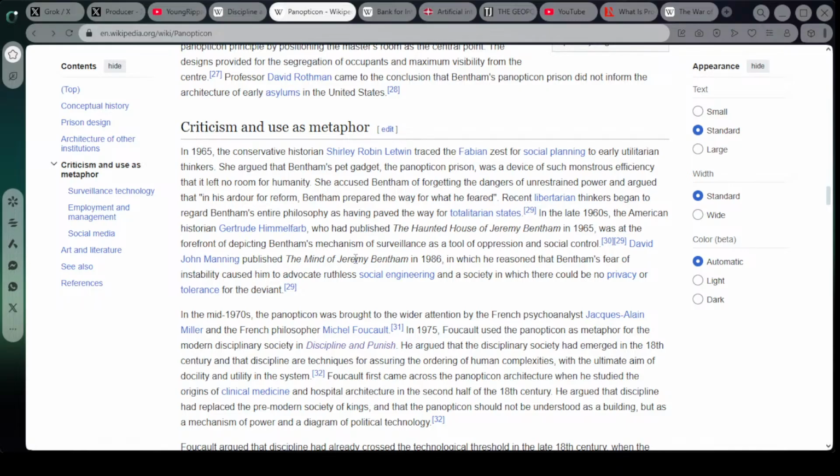In 1965, the conservative historian Shirley Robin Letwin traced the Fabian zest